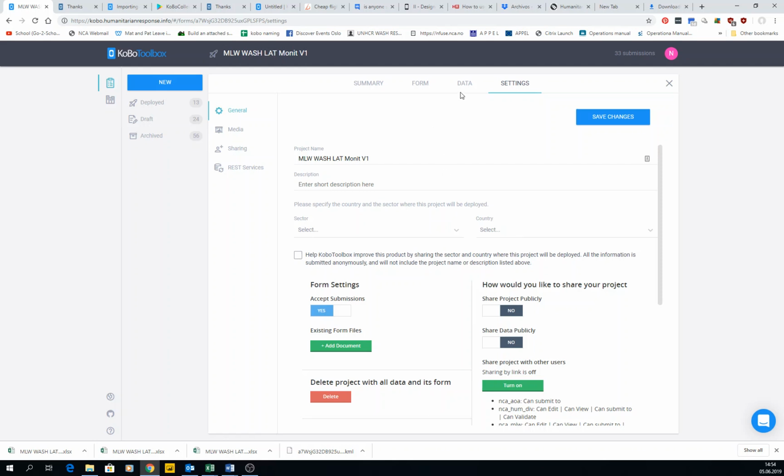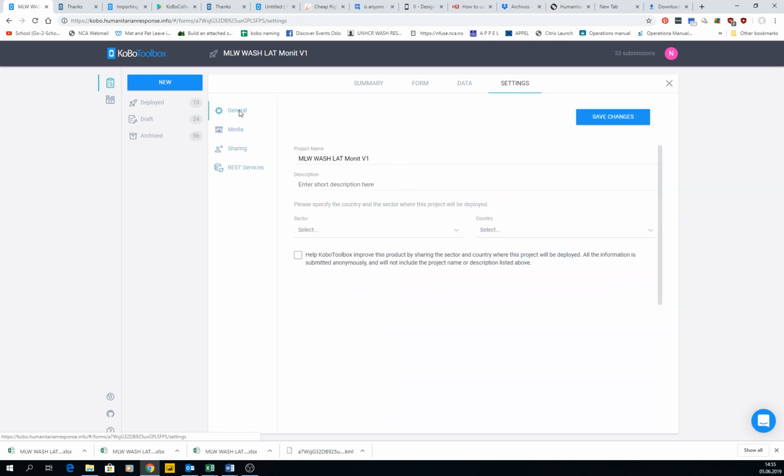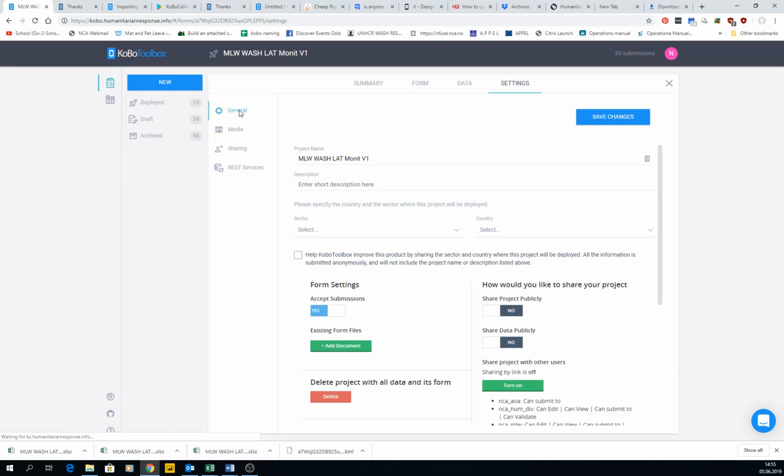Right, moving on into the settings of each project. You have settings, and then you have 1, 2, 3, 4 different tabs: general, media, sharing, and REST services. In general,